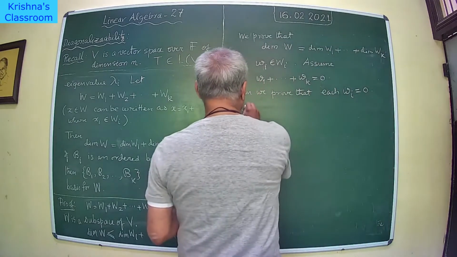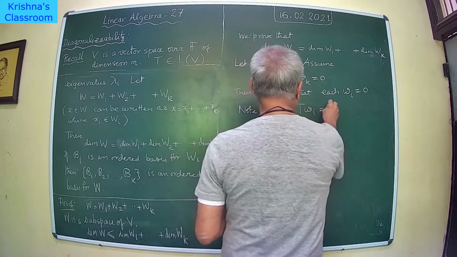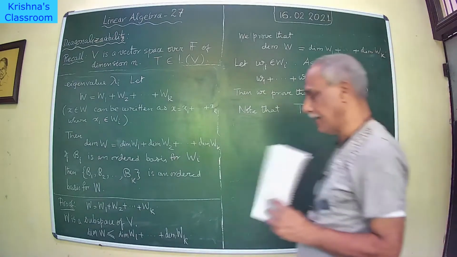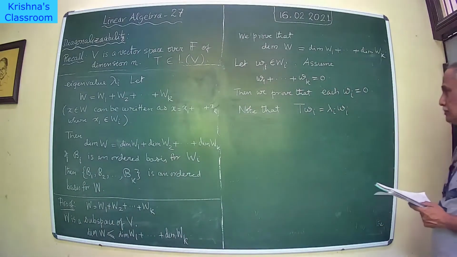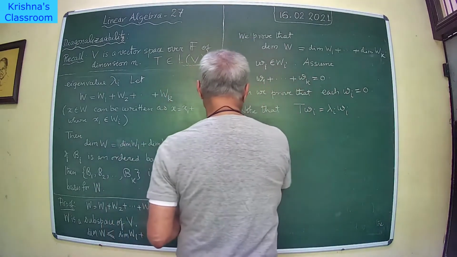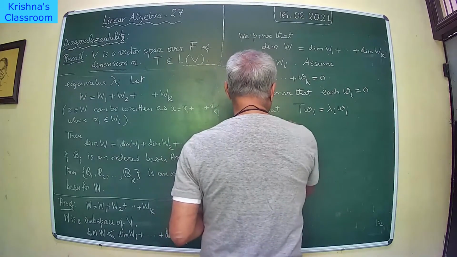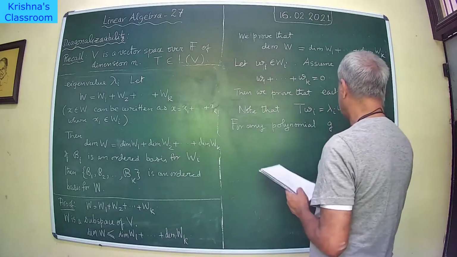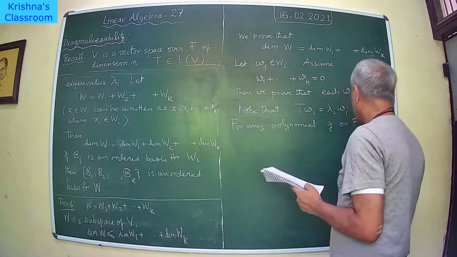Note that TWI, because capital Wi is the eigenspace of T belonging to the eigenvalue lambda. And therefore, suppose you take any polynomial G on F, we have